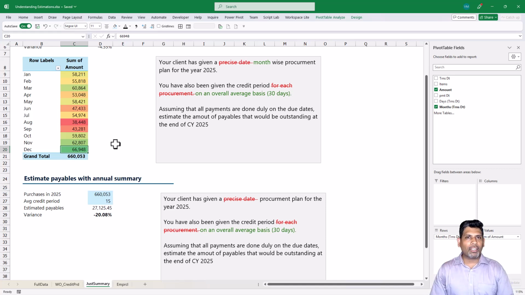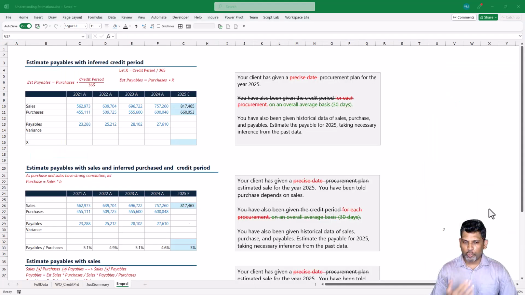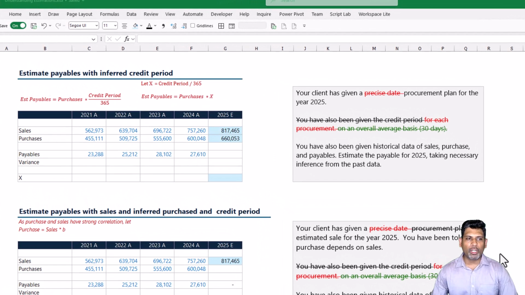So how do we tackle this problem? To tackle this, we'll move away from structural models to empirical models, or what we also call statistical models. Let me illustrate that to you with the next example. In this example, we have not even been given the payable period. We've been given purchases, and we've been given historical data for both purchases and payables. We've also been given sales data,